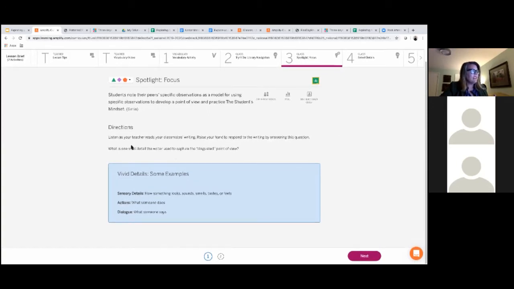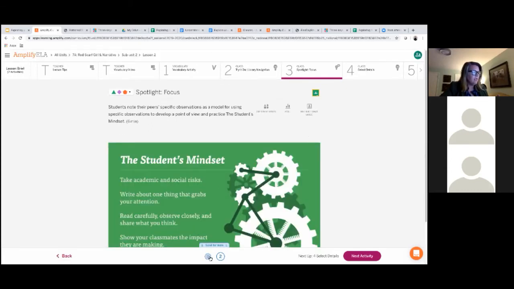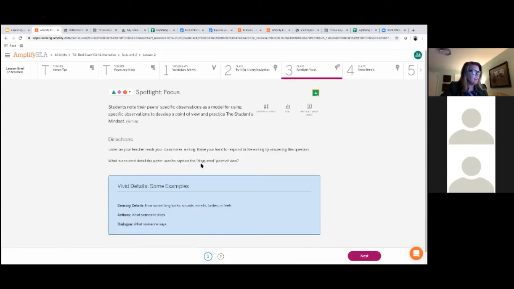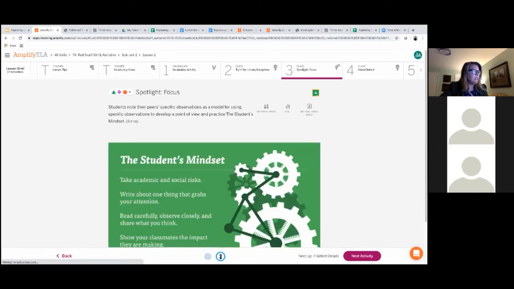And so it says, listen as your teacher reads your classmates' writing. Raise your hand to respond to the writing by answering this question. What is one vivid detail the writer used to capture the disgusted point of view? And so the students will work through this slide deck, and then they will get to talk about, and I